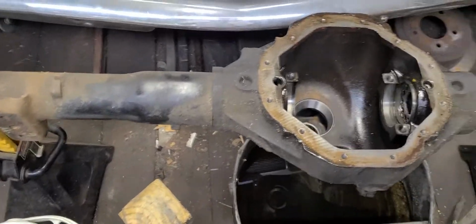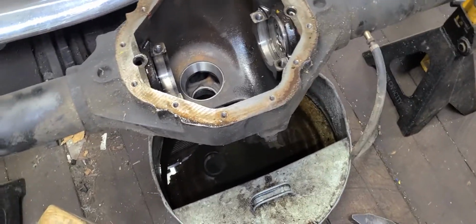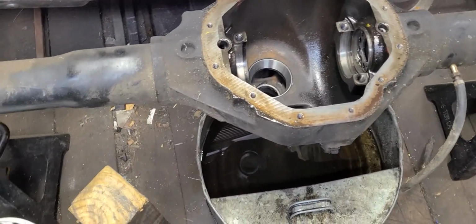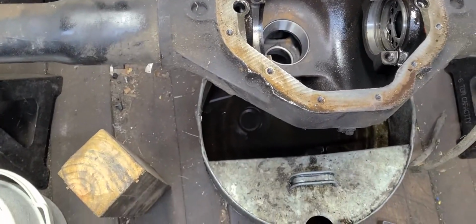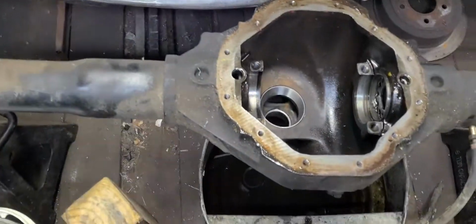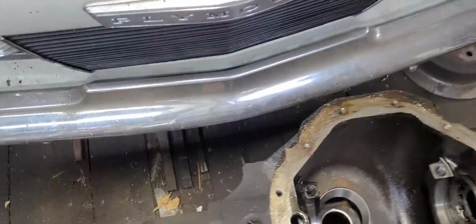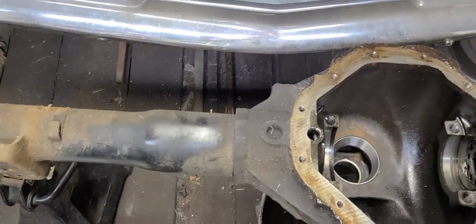So I've got a little bit of debris in there I've got to clean out now, which is really important. You know, I know, yes, it's only a differential, but for me, get the crud out, get the filth out, and you're just going to have a better overall situation. Now, also, this is an example of get your stuff together. Get yourself together when you're doing this, because this is a job where you can't stop to answer a phone. You can't stop to use the bathroom or talk to someone or something like that. You've got to really just go at it, get it in there, and get it done